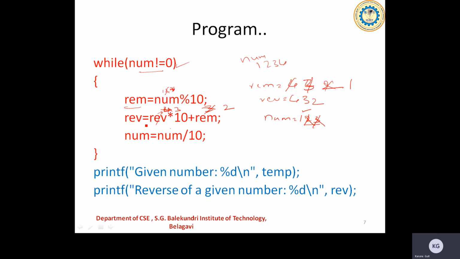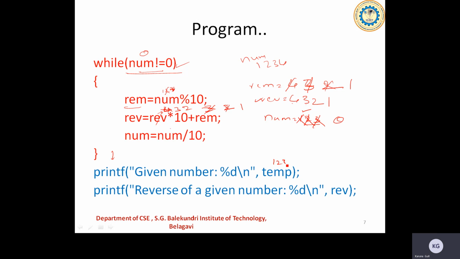So now I'll go ahead with again finding the reverse here. So reverse is now 432. Right. So 432 multiplied by 10 is 4320 plus new value of remainder is 1 here. So I'll get this as 4321. Okay, this is the new value of the reverse here. So num is equal to num by 10. So this is now 0 because 1 by 10 is yielding me 0 here. So now I'll come back here. If I check, this has already reached 0. 0 is not equal to 0. It's not true there. So now I'll be coming out of the loop because this condition has become false.